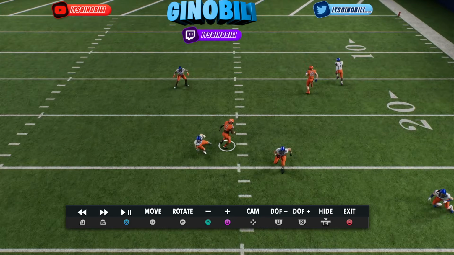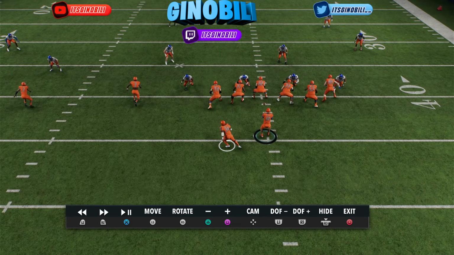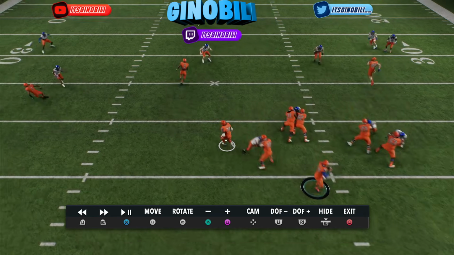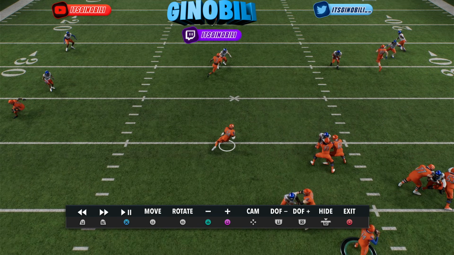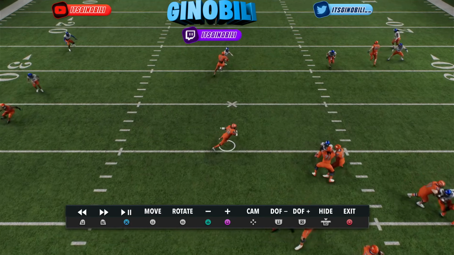You see there's nobody guarding him here. At the same time, we have this high-low read for running back Texas. I will say one thing with running back Texas is if you ever want some free yards, basically right as he clears the line, you can almost always throw this, because a lot of times people try to bait in the middle and they're not ready to guard this Texas route right away, so you can get some really cheeky